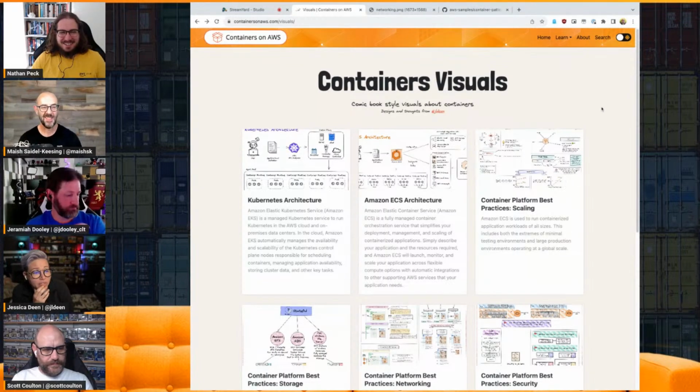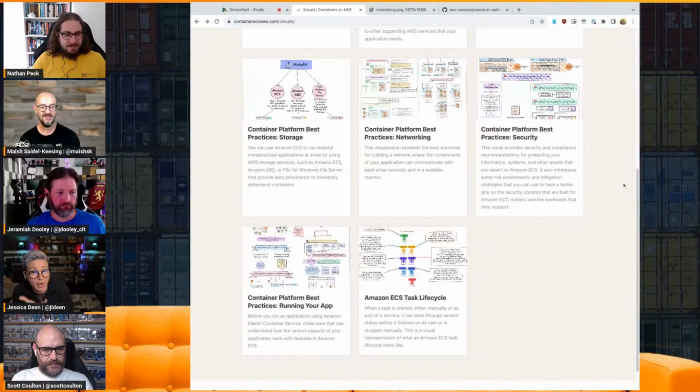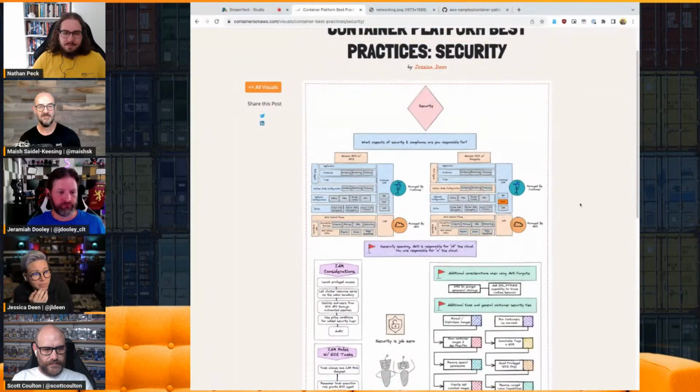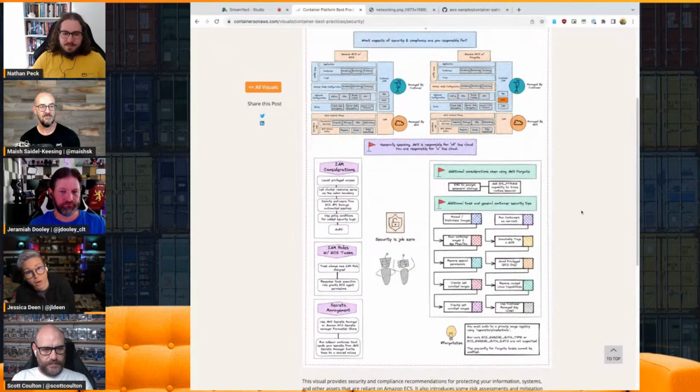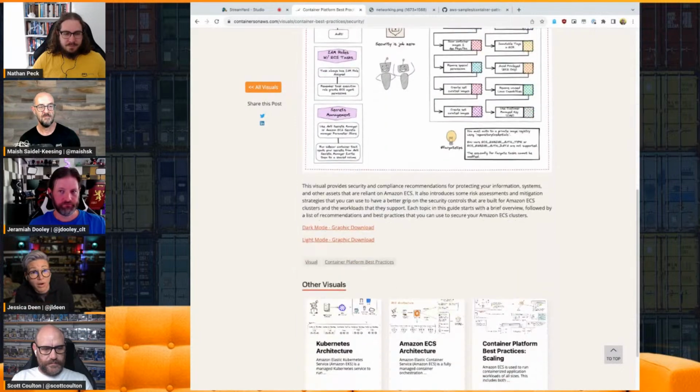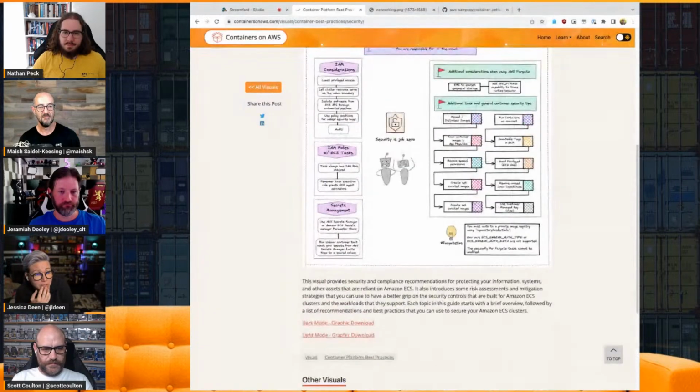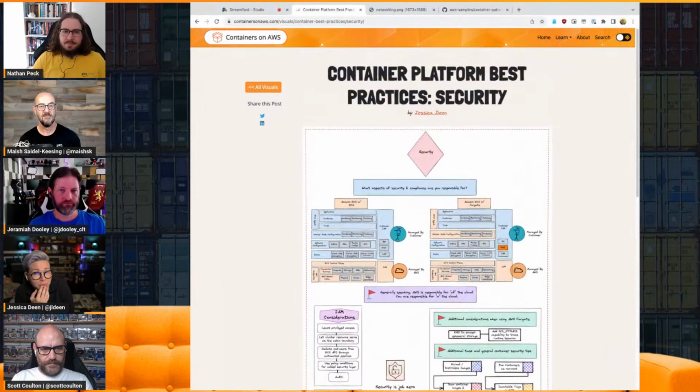So as of right now, the visuals are all things that I draw. We do have a process for deploying or suggesting drawings to the team that we can put onto our backlog, I want to say. Patterns are something that we are accepting community contributions for. When it comes to visuals and drawings and things that represent AWS, I do think there's a little bit of a legal concern from a community perspective, unfortunately. But patterns and everything are totally cool.